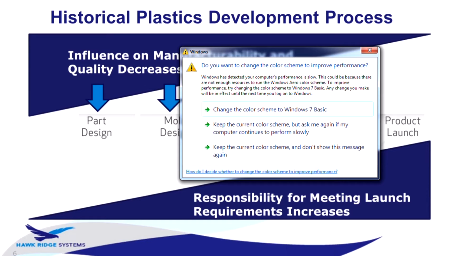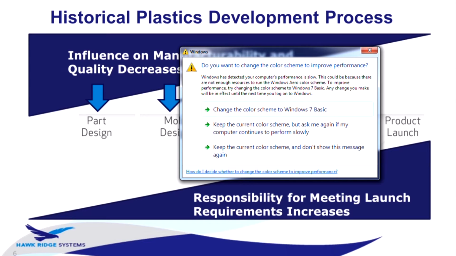But we can really influence the ease with which we can mold a part and the cost at which we mold it in the part design phase. And as we design the tool and its layout and the number of cavities we have, we also have a lot of input there into how we can control things. So by running injection molding analysis, we're able to detect potential short shot, weld line, air trapping issues